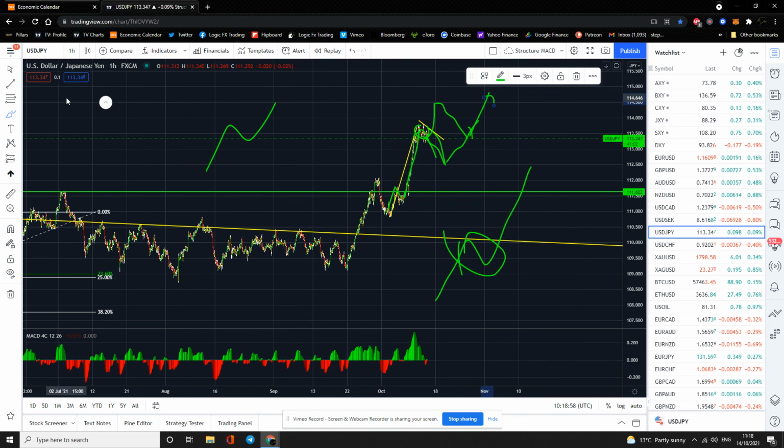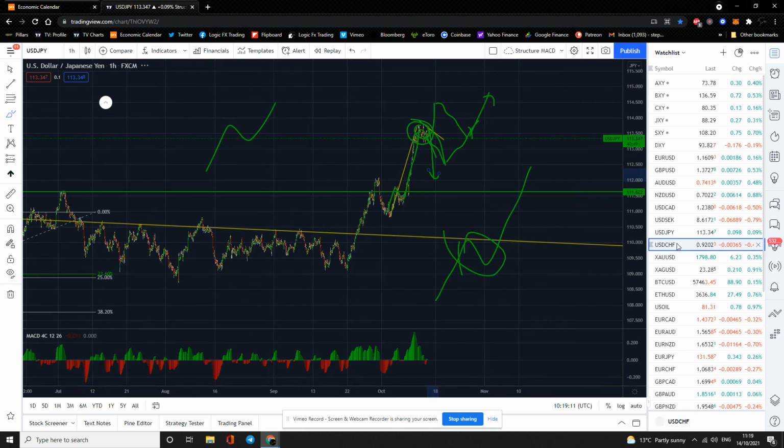Now, isn't it interesting that the dollar has weakened significantly against all of these, and yet against the yen, it's just hung in there, guys. There's no big move short in there. That shows you the weakness of the yen at the minute.